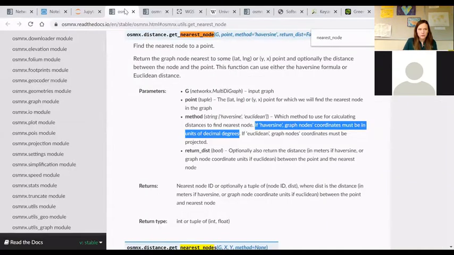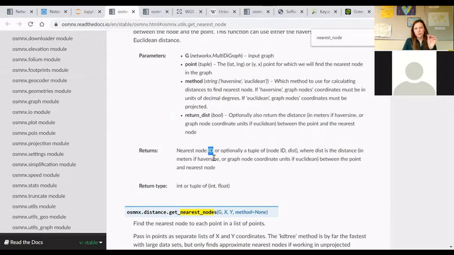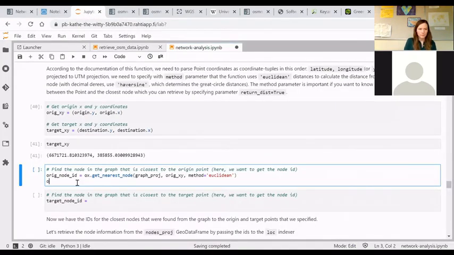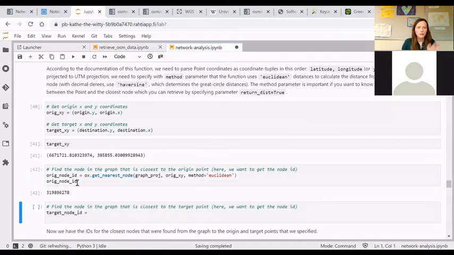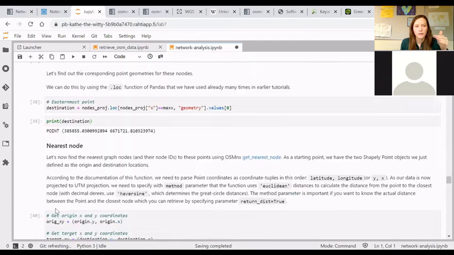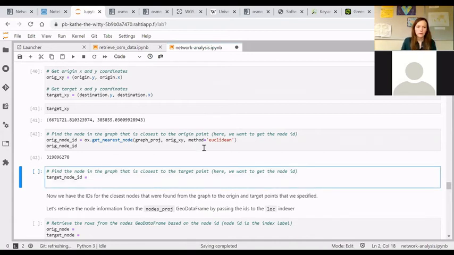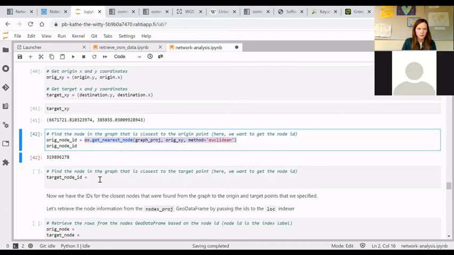And what this returns, still going back to the documentation. So it is the ID of the nearest node, so for that point in that network, the ID of the node. I just write it there to print the result out. So this now here refers to some of the, we had the data somewhere in here. So one of these nodes does have this ID, and this node is the nearest node in the network to our Maria startup hub in Helsinki. Same for the target. I'll just copy paste and modify